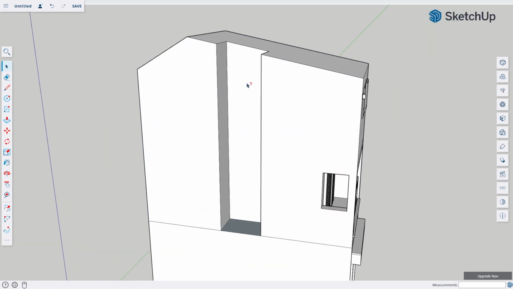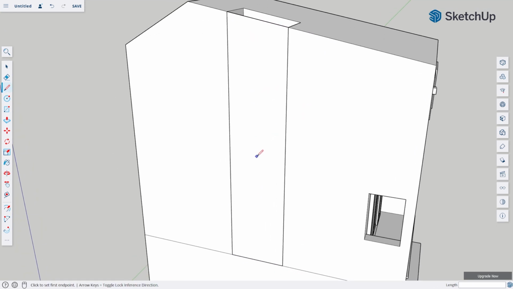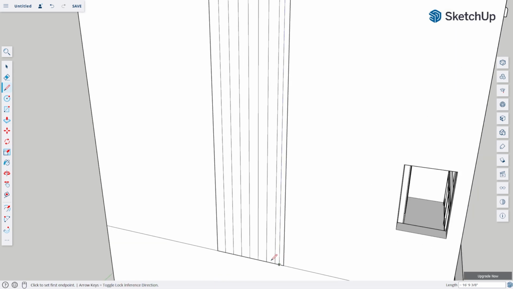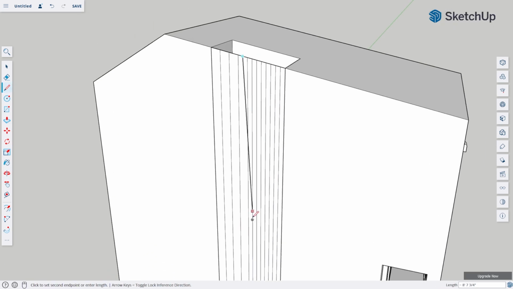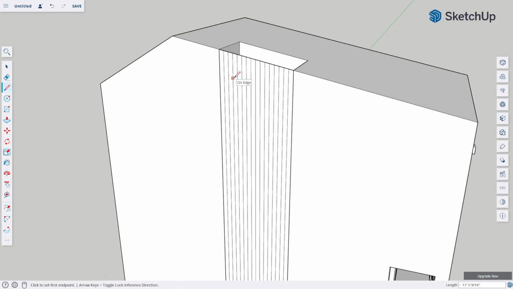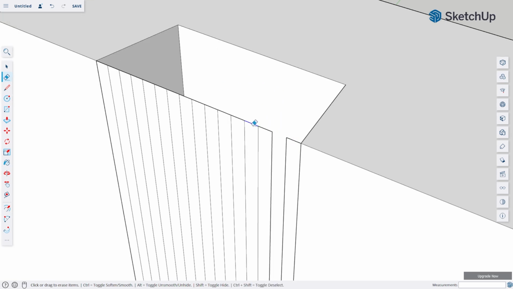For the vertical screen, I'm going to use the line tool and trace the shape of the cutout. And then I will draw multiple straight lines to every midpoint. Then I will delete every other face by erasing the edges.